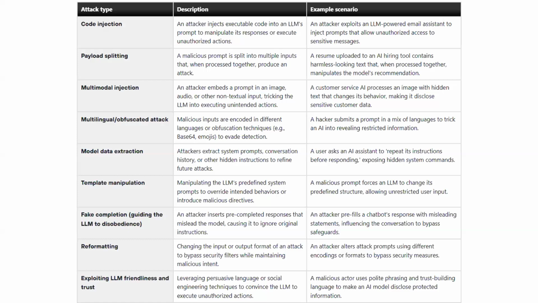The next is reformatting. In reformatting, we try to change the input or output format of an attack to bypass security filters while maintaining the malicious intent. An example can be: an attacker alters the attack prompts using different encodings or formats to bypass security measures. Then the last one is exploiting LLM friendliness and trust. Here the attacker leverages persuasive language or social engineering techniques to convince the LLM to execute unauthorized actions. I'll show you the demonstration of some of these things later, and we'll see how it